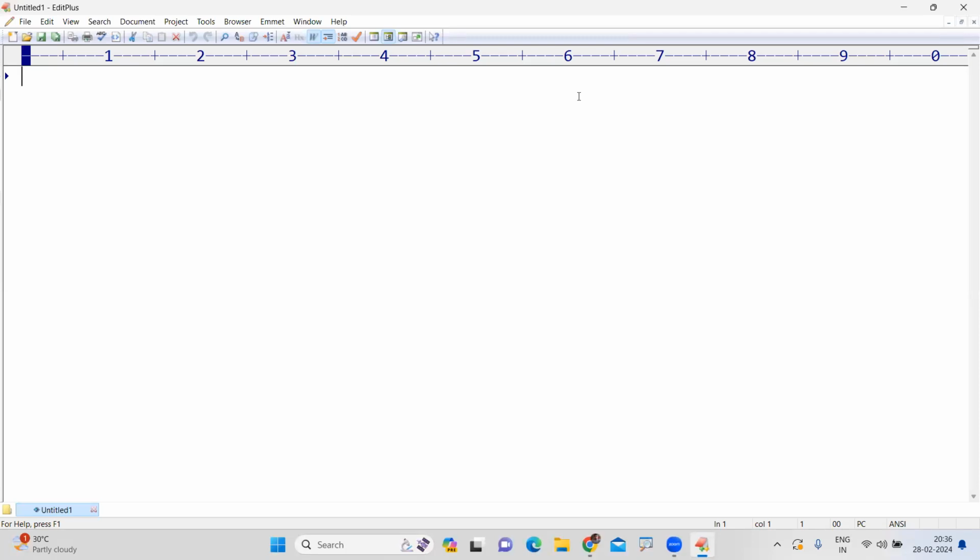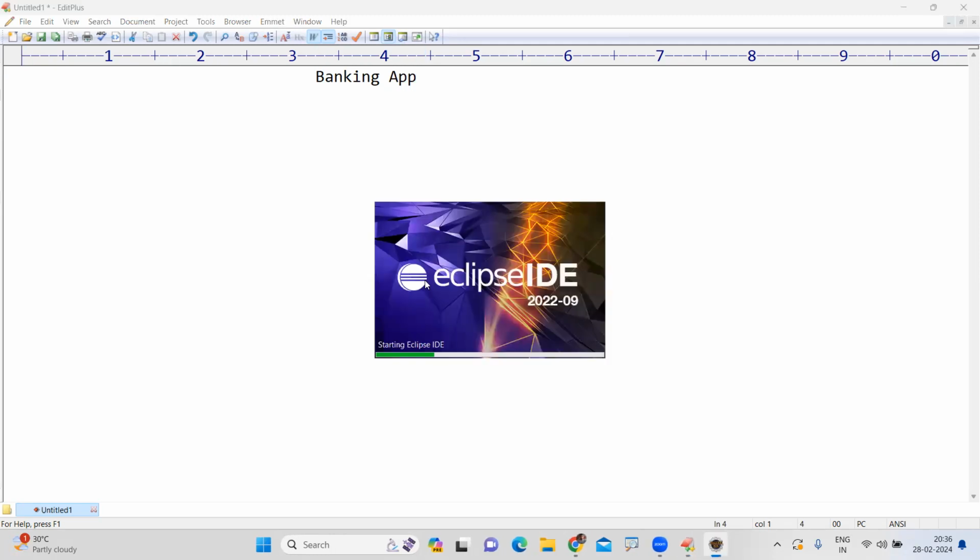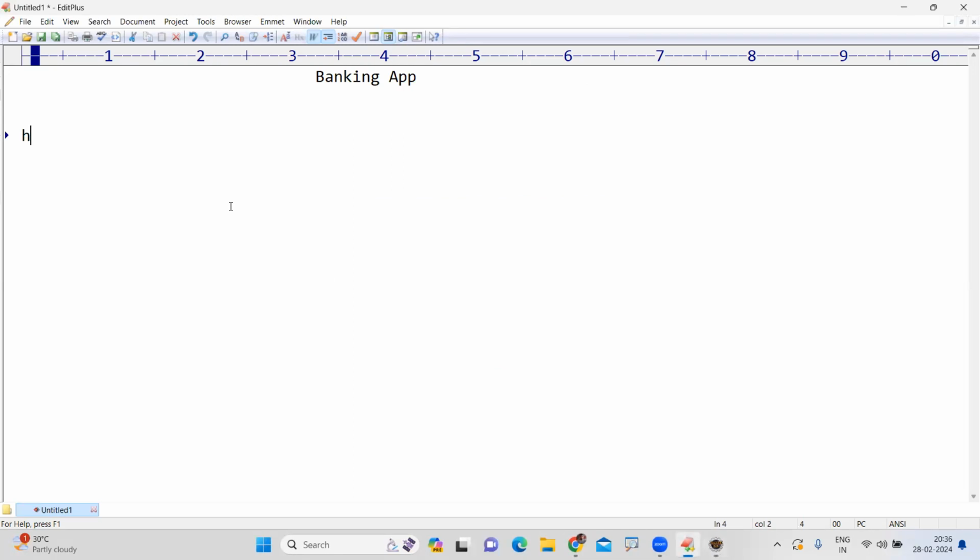So today I'm going to explain clearly about the banking application. All the things I'm going to explain here are from the very basic. How can we create the home page? It's a HTML page, and here